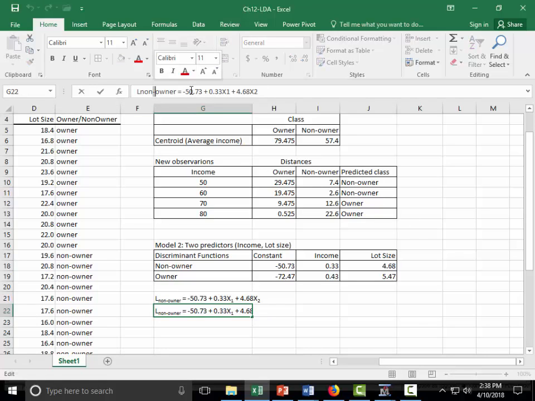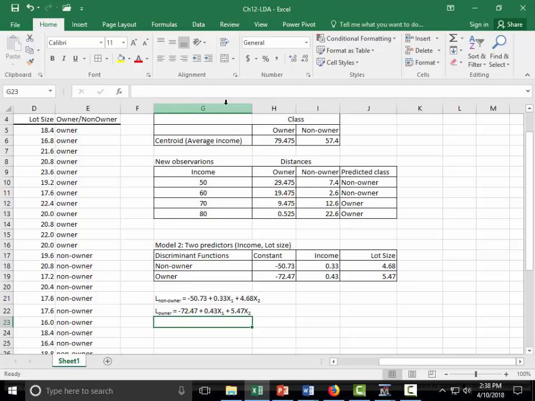Now the L sub owner is minus 72.47, that's the constant, plus 0.43 x sub 1 plus 5.47 x sub 2. Where x sub 1 is income, x sub 2 is